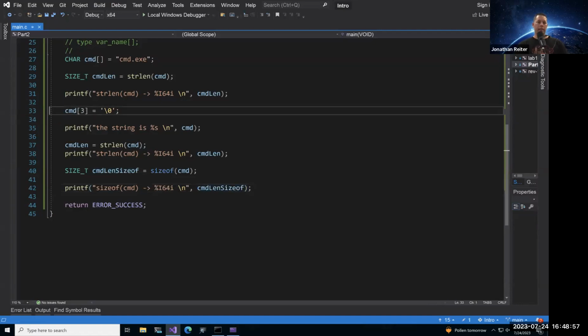And you can change your breakpoint if you would like to. What I'm going to go ahead and do is change my breakpoint to where my sizeof is being called. Okay, go ahead and get rid of that window there. And once you have your breakpoint set up, go ahead and debug.